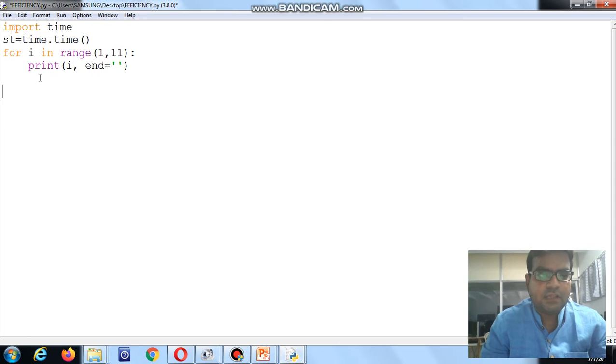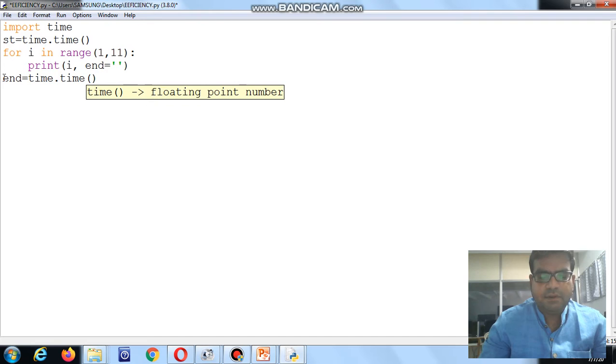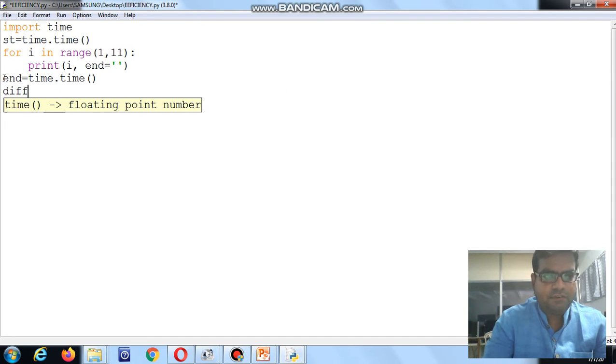After executing the loop, after execution of the program, we calculate the end time. End time is equal to time dot time function. Then we find the difference. Difference is equal to end minus start time.